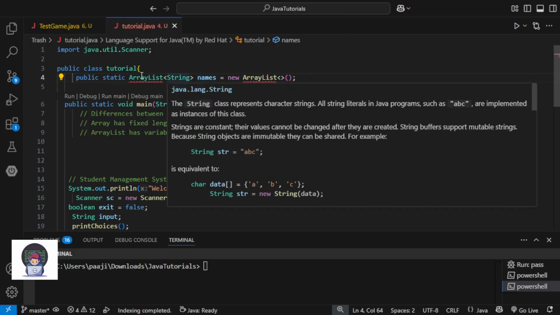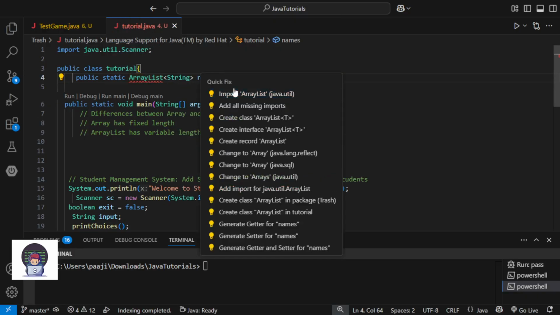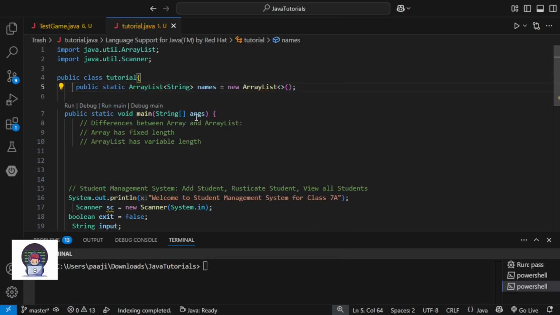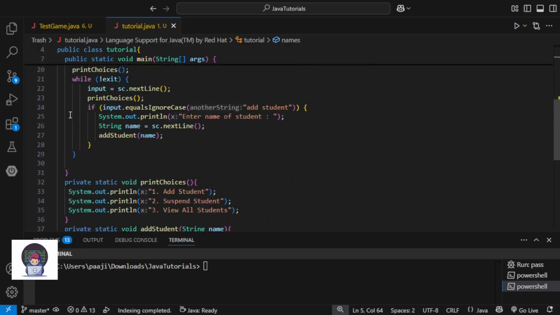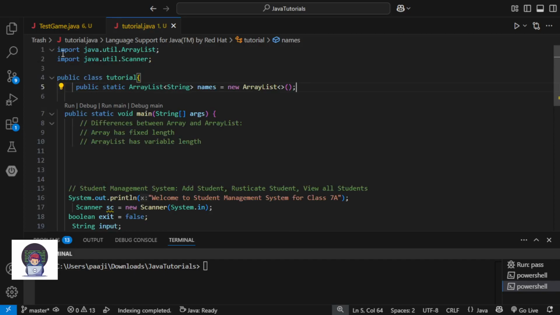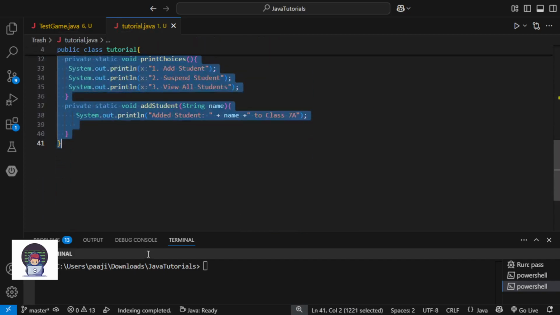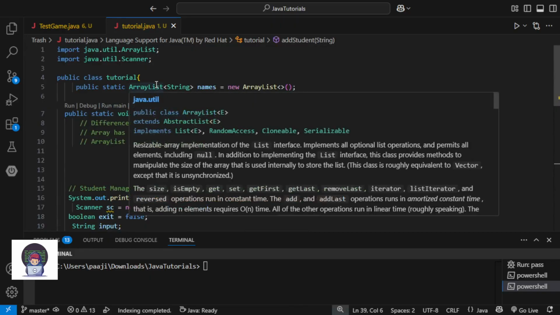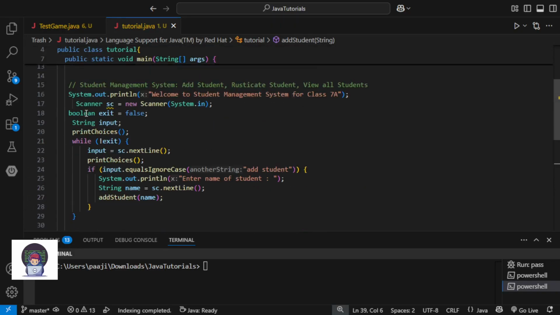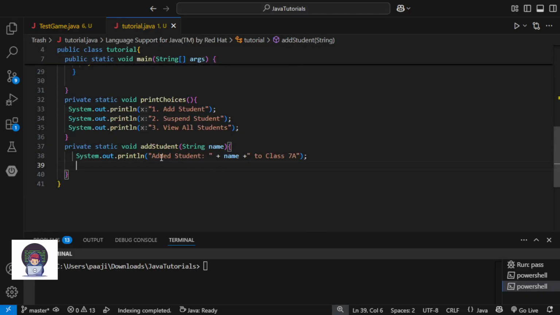Now what does this mean? Anything like this public static that I put outside the main function can be accessed anywhere in this whole file, whether from the main function, another class, or another function.